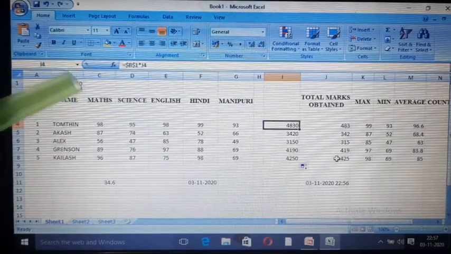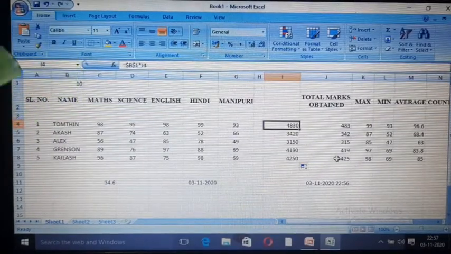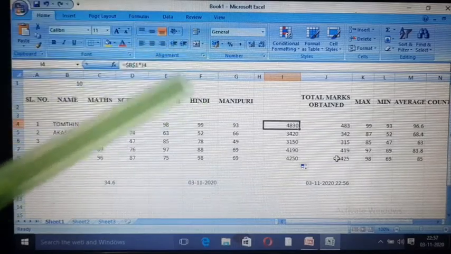This is known as absolute cell referencing. Now this is the difference between absolute cell referencing and